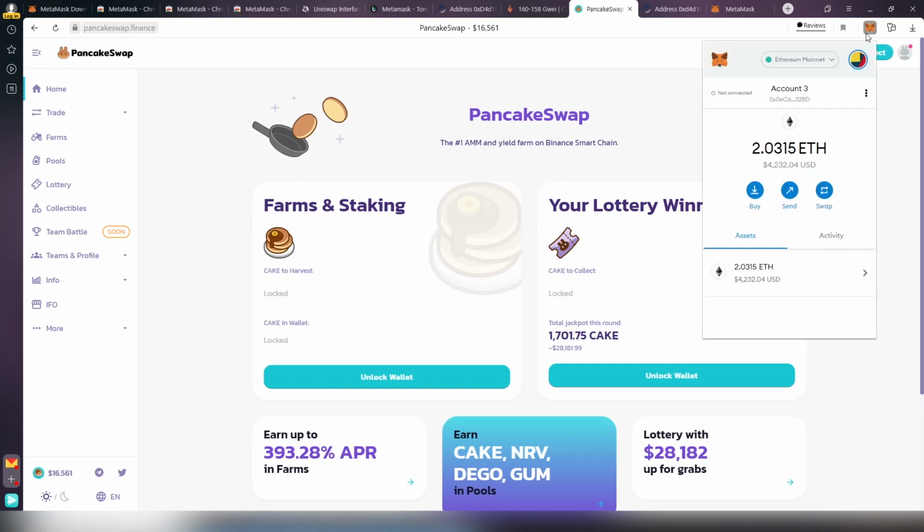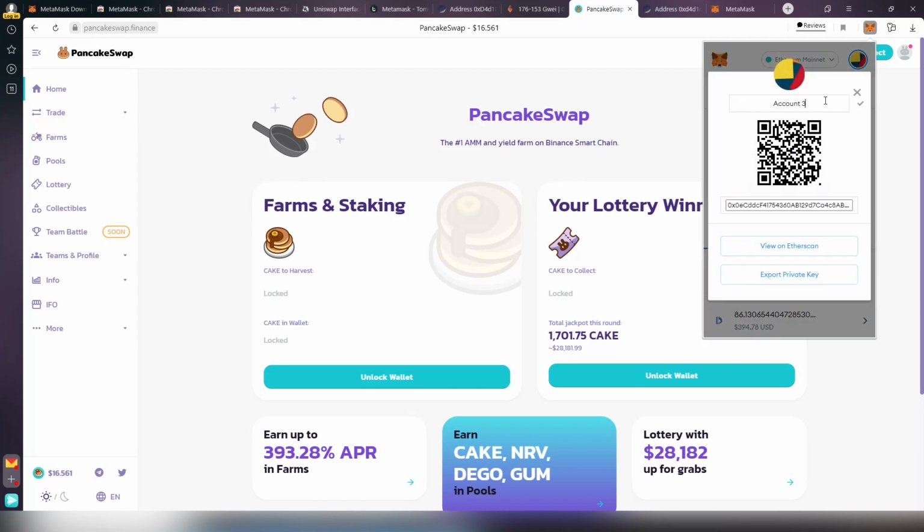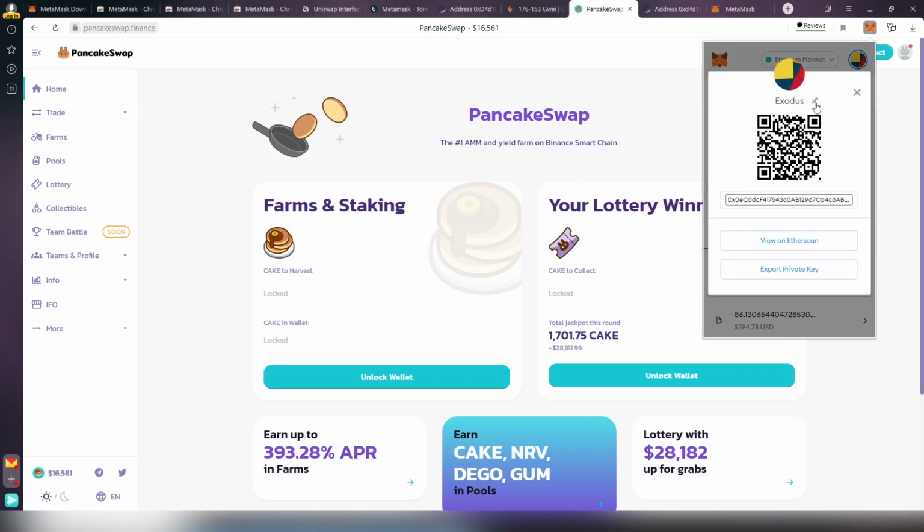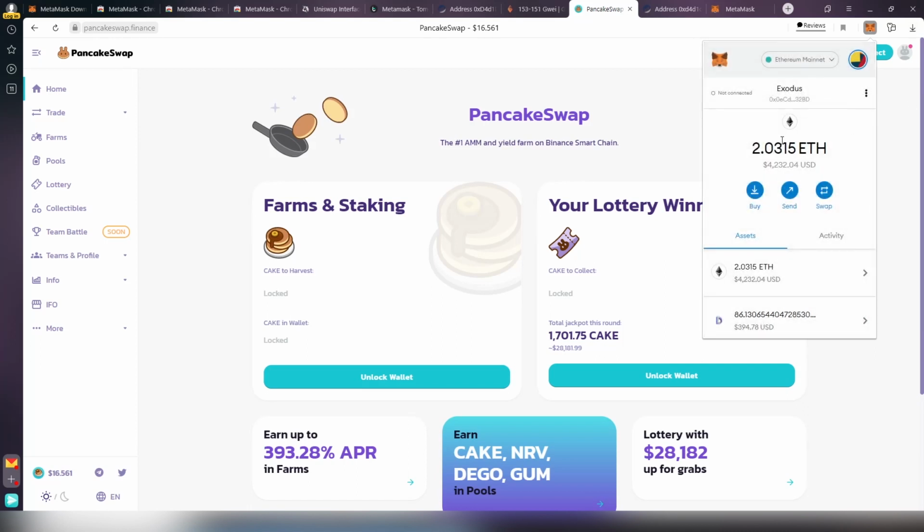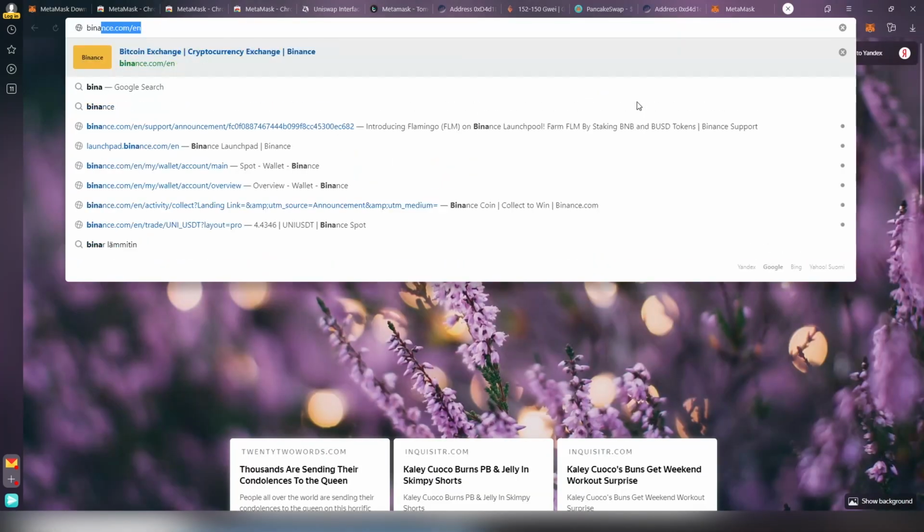So what we're going to be doing here is we have here the new account, which I imported from Exodus. And in case you also want to change the name, you can do it here. Just type it in, Exodus. Voila. And now we are there. And basically, we're going to be changing the Ethereum mainnet. Or we can actually, yes, we have to go into Binance Smart Chain